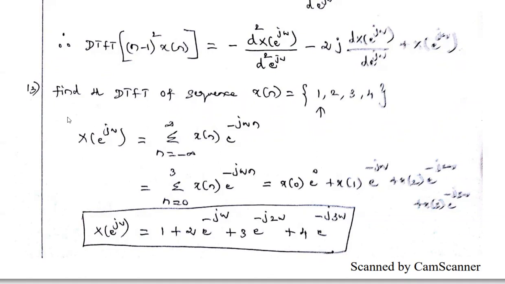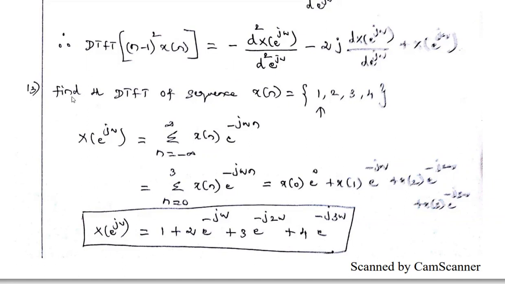Now we are going to see how to solve it if the input sequence x of n is a finite sequence. This problem may be asked as a 2 mark question. In Z transform, the next chapter in our 4th unit, the Z transform is exactly resembling the Fourier transform. Instead of e power j omega, in the place of e power j omega, we put the variable z. That is called the Z transform. So the problems are all similar to this DTFT.